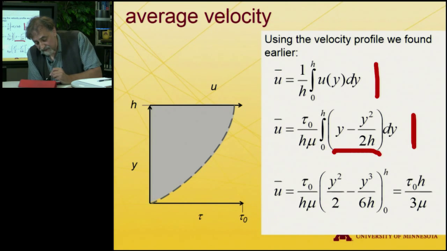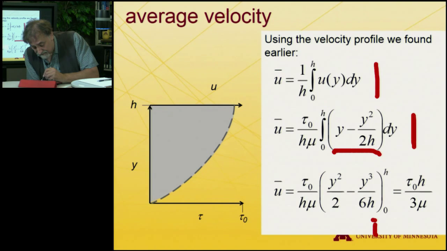The y integrates up to y squared over 2. The y squared over 2 integrates up to y cubed over 6, and there's our h hiding out in there. We evaluate this at 0 and h. 0 evaluates to 0. h gives you an h squared over 2, and an h cubed over 6h, which is h squared over 6. Subtract a sixth from a half, and you have a third,